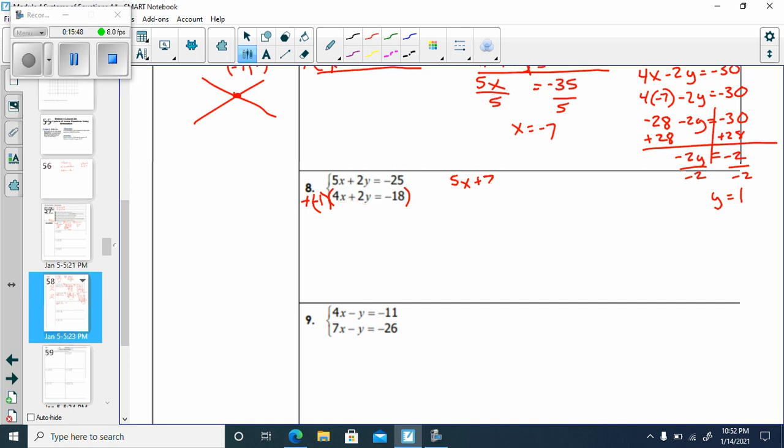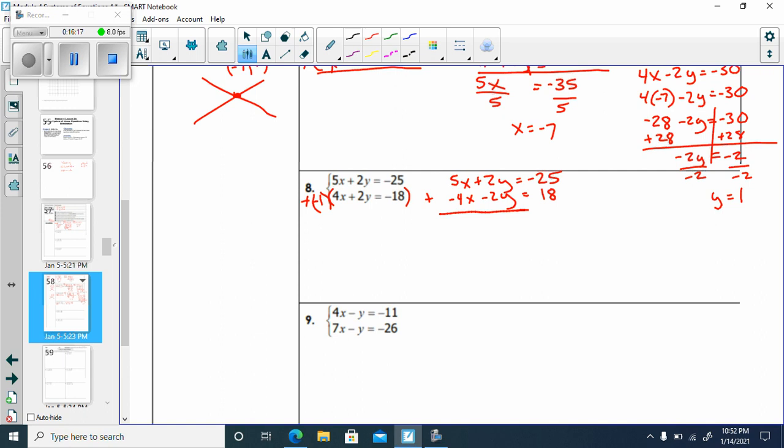5x plus 2y equals negative 25. Negative 1, and see we're adding these. Negative 1 times 4 is negative 4x. Negative 1 times 2y is negative 2y. Negative 1 times negative 18 is positive 18. See, all we did is we changed the sign on every one of these, okay? Now,